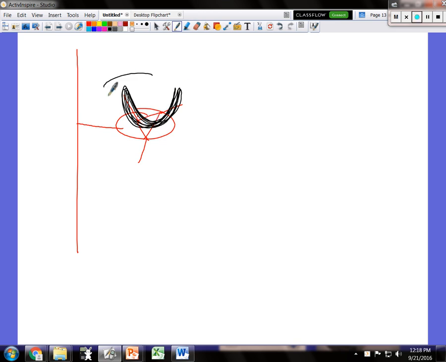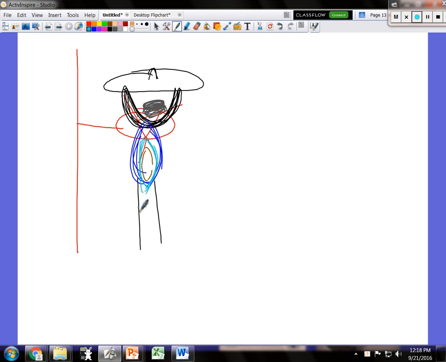Okay, it's going to have a lid. And in here, what we're going to do is put some magnesium strip, and underneath it, we're going to burn it. What's going to happen is you're going to have the magnesium, and what's it going to react with? The oxygen in the air, and we're going to get